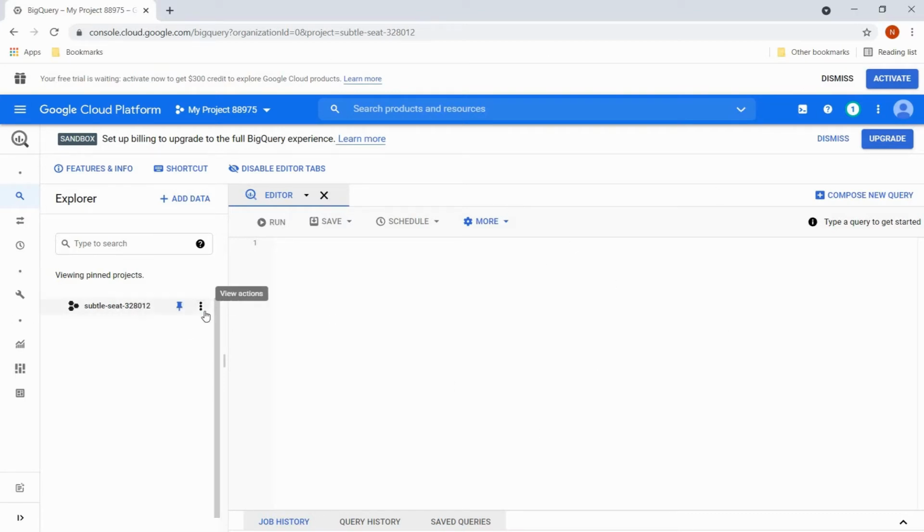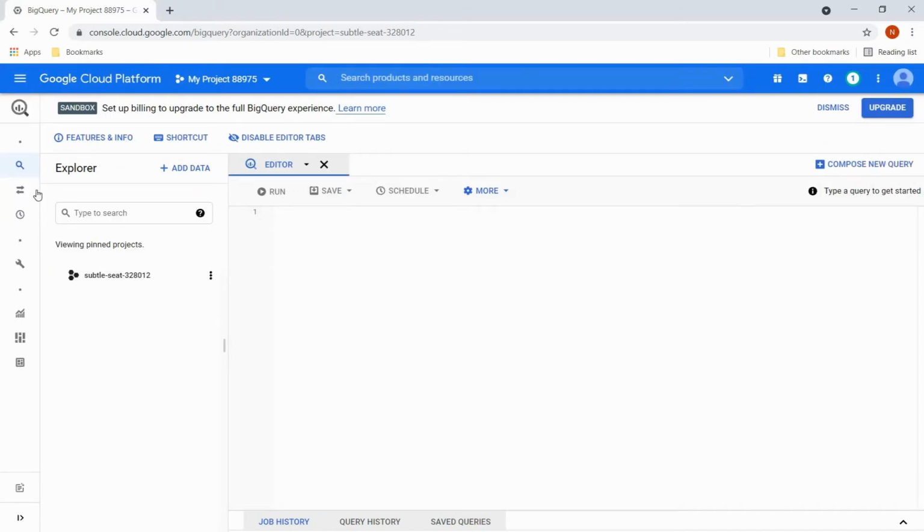I can go ahead and set up other things like dataset and tables and use it. Once we are done using Sandbox and we want to upgrade to a full BigQuery experience, then we can go on this option and click on upgrade and upgrade to a billing account. So the benefit of this approach, when we set up BigQuery by Sandbox, was we did not need to activate a free trial, we did not need to provide any credit card, or we did not need to set up any billing account. We were able to just directly enable BigQuery by creating a project itself.